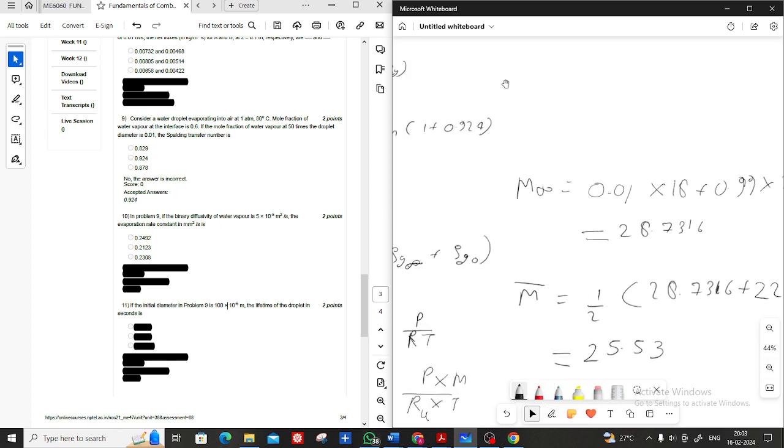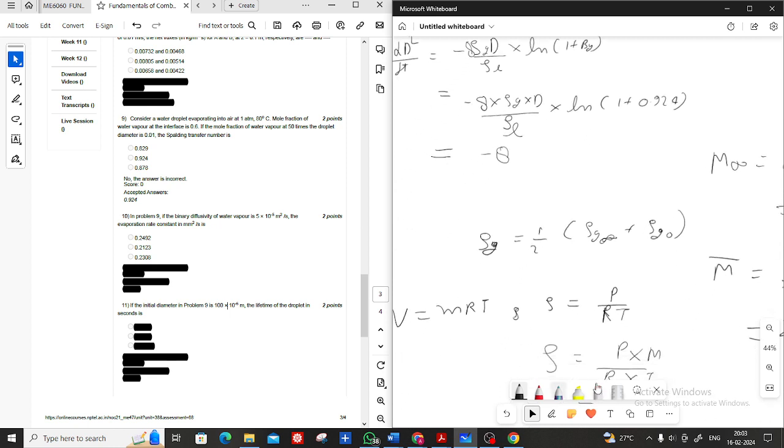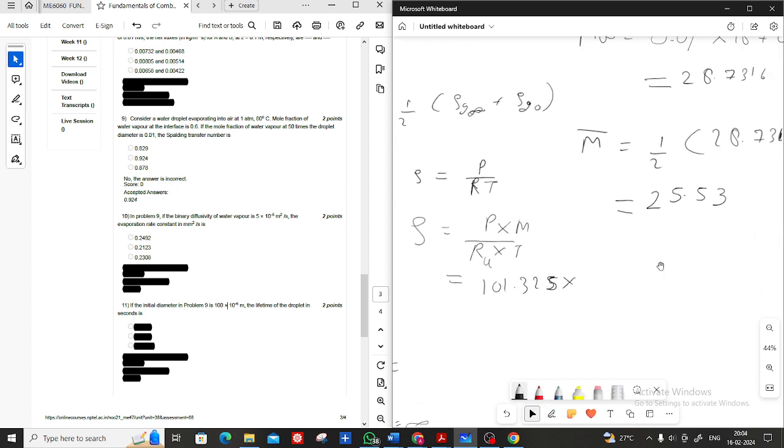Now in this formula you just substitute the value. They have given the pressure 1 atm, which means 101.325 kilopascal into 25.53 upon